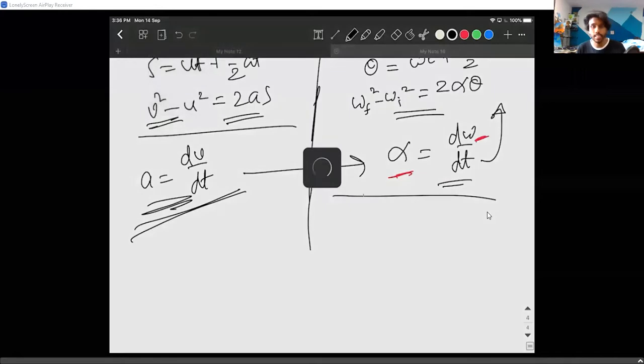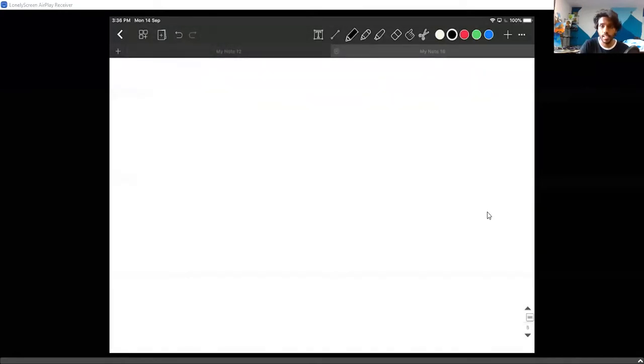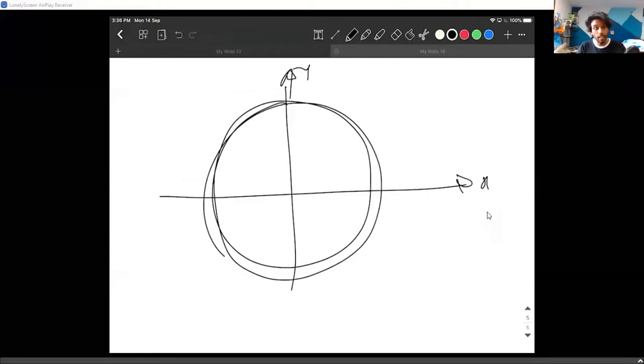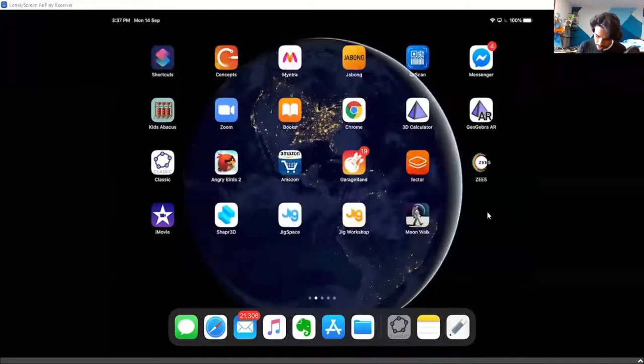What exactly is angular displacement? What exactly is angular velocity? So you have an xy axis situation and a particle going in a circular motion. Let us consider this as a starting point. We always consider origin as a starting point in linear kinematics. Here, we consider this as a starting point. The particle starts going in a circular motion, just like we've seen here.